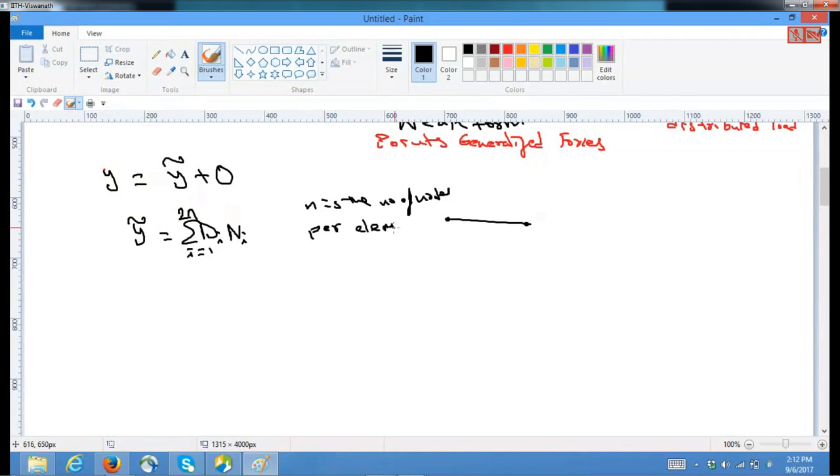We generally solved it for the two noded element, that is, this is node 1, this is node 2. So the degrees of freedom would be correspondingly 1, 2, 3 and 4,